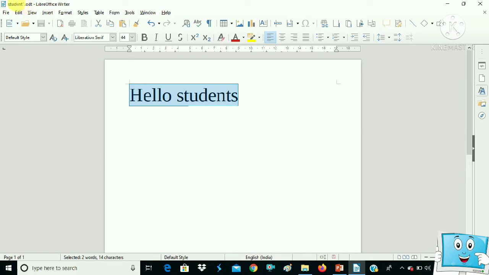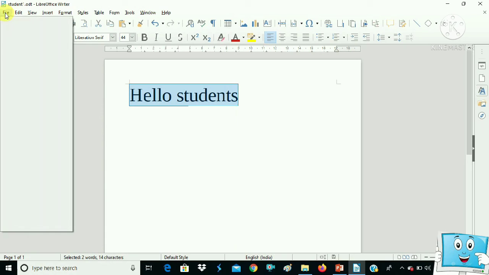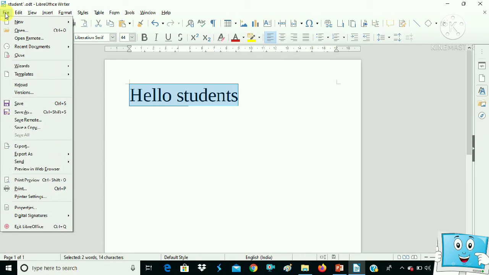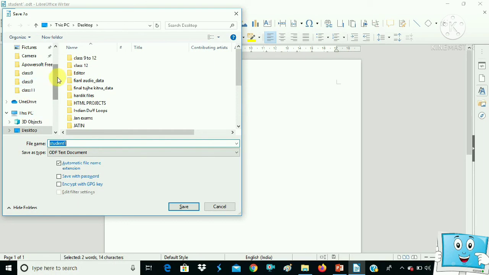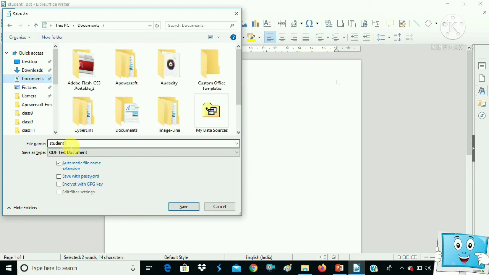So to save, this is how it works. If I want to save the file in another place, I use Save As. Here is how Save As works. Let's go to the File menu and click on Save As. When you click on Save As, the Save As dialog box will appear, and here I am going to save the document in Documents.